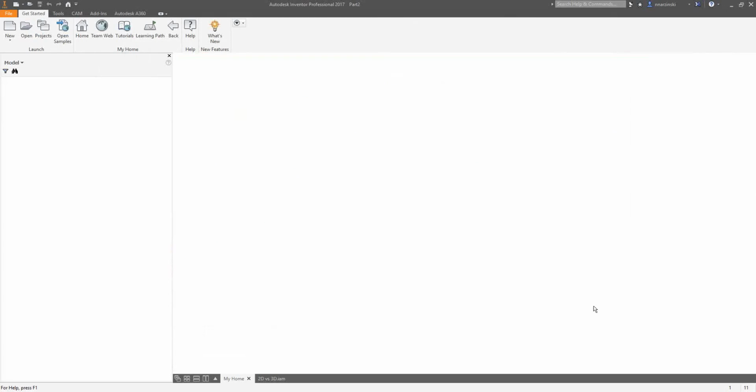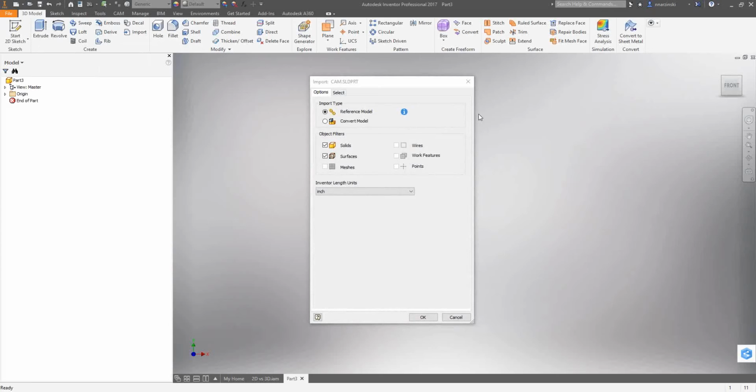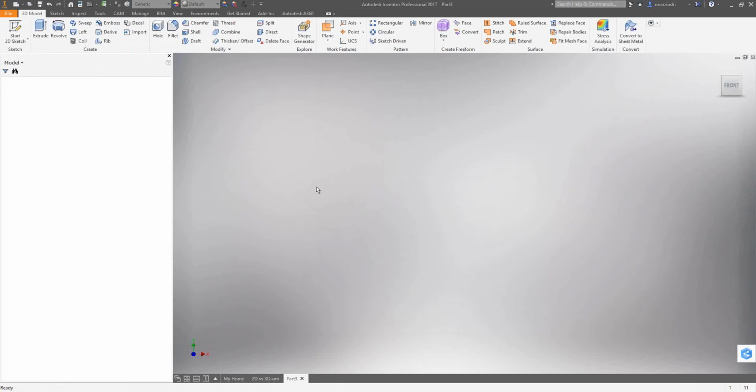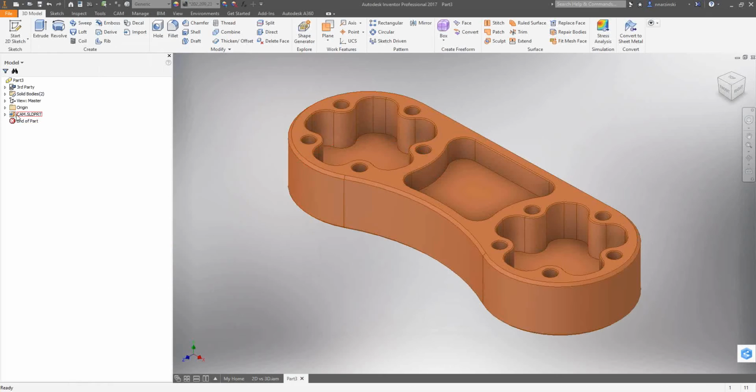So we're going to say open, and in the past you've always been able to do this, but at this point it would just convert it into either a solid or a surface. Now we have the option to reference that model. And you can see there we have a little symbol of chain links showing that they're chained together. So we just say okay, it opens up quickly, and here we get a little symbol in our browser showing that that part is now being referenced, and it's titled